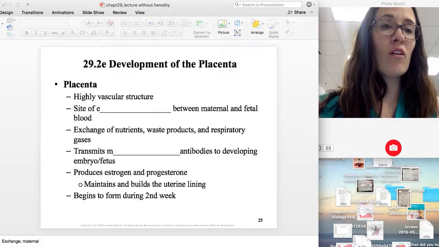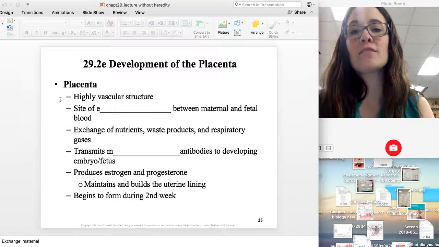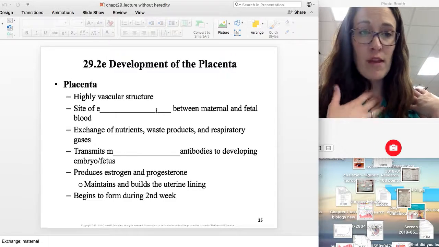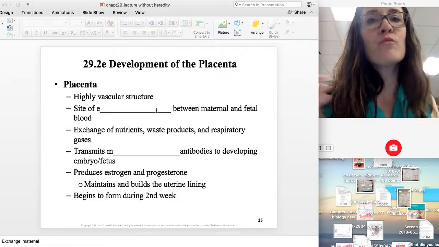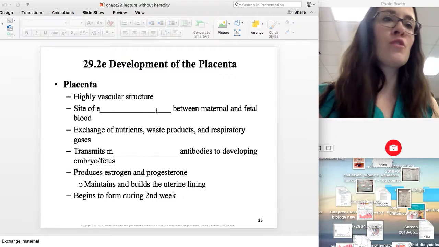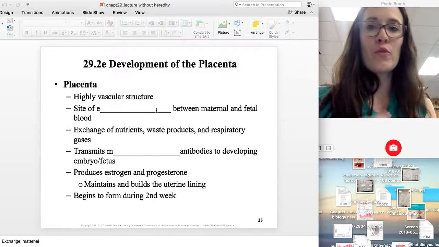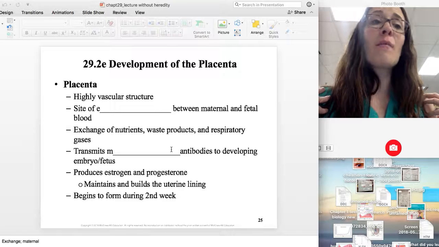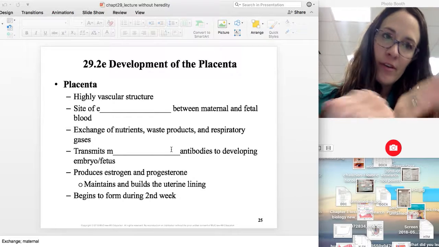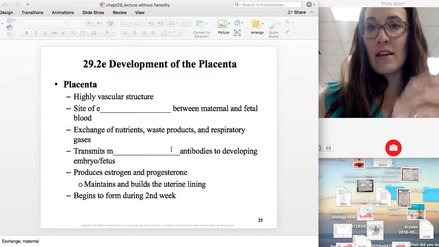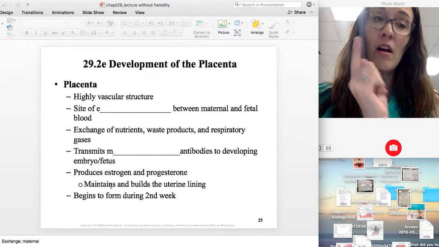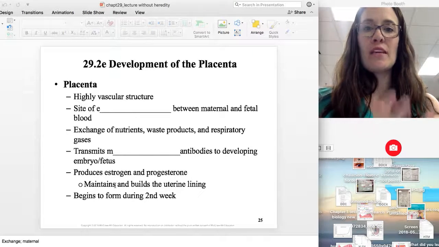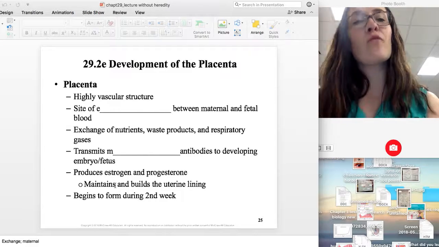The placenta itself is highly vascularized, with lots of blood vessels, and this is where the exchange of nutrients between the mother and the child takes place. Nutrients, waste, respiratory gases. It transmits maternal antibodies. So antibodies that the mom has already produced can be transferred through the placenta to the developing embryo, then fetus. The placenta, this is important, also secretes adequate amounts of progesterone and estrogen to maintain the pregnancy. Also, those high levels of hormones make the breast